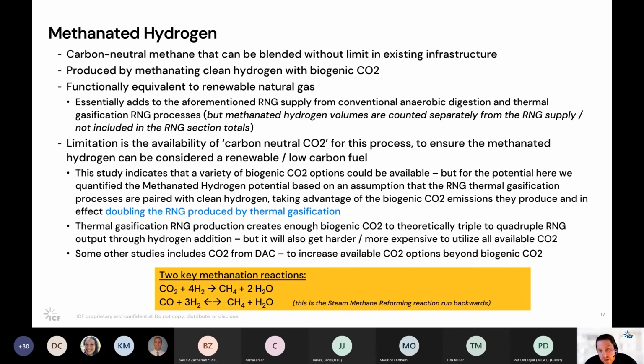Yeah, so again, that's going to depend on whether you're using green hydrogen, blue hydrogen, or something of that nature. But with green hydrogen, you would have a significant loss. In this study, we're not claiming that anything is in all cases going to be an optimized approach. We're trying to showcase a diversity of pathways, and ultimately net zero is a really